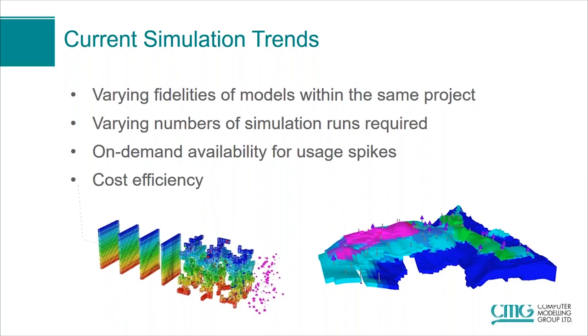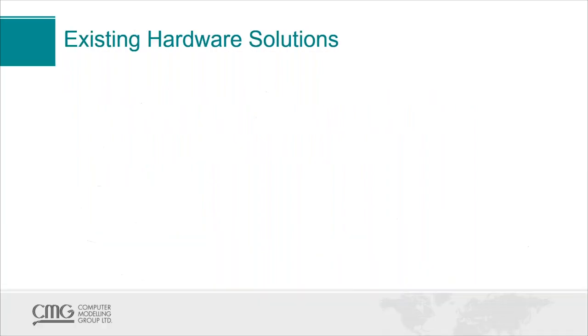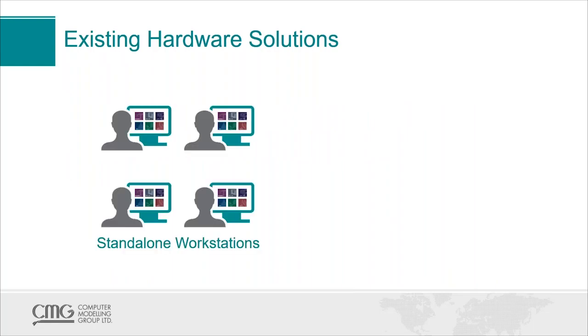So this is kind of what we need to do. This is part of our workspace. What are the tools that we have? The computer, what do we have to use to meet these requirements? With a few exceptions, most of our clients fall into one of these two categories. They either have standalone workstations, the individual computers at an individual engineer's desk, to be used by that engineer. The downside to this is that the hardware or the resource is not shared. If the engineer is not using it, it's not accessible to someone else that might need it.